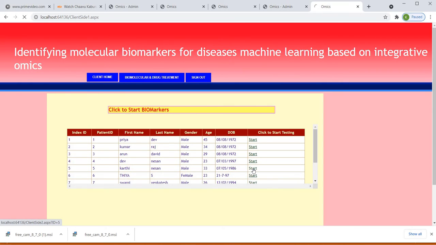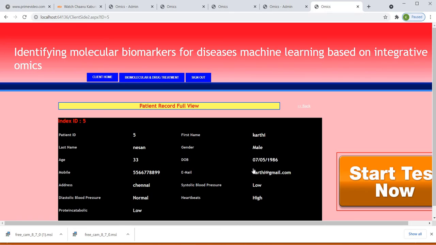Karthi, we will see his name, his record, these are the records of that patient. In the patient record we have ID, name, age, mobile number, address, blood pressure, protein catabolic, gender, date of birth, email, blood pressure, heartbeats, everything.